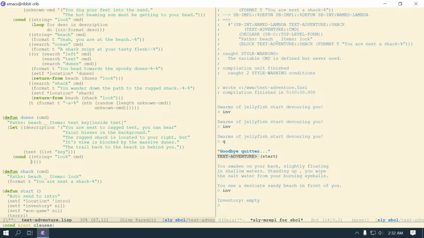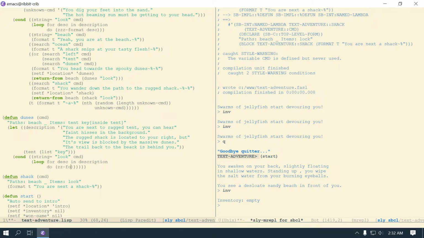Then I'm gonna have to do the loop for desk and description again. So loop for desk and description. Do ZZ format. Do sleep format. Use format. Desk. And